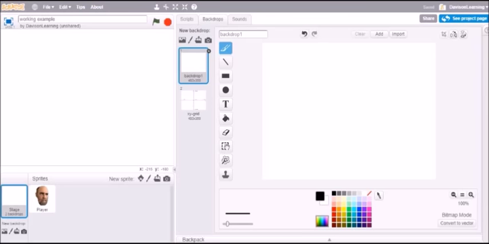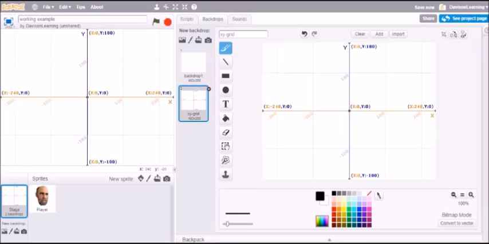I'm looking at the stage now, the backgrounds here, and I've got this blank one up first, but I want to jump down and show you this. This is in the library. If you ever need your library, it's right here. Choose all, and you can bring this up. This is really good for showing you your origin, positive X, negative X, positive Y, negative Y,